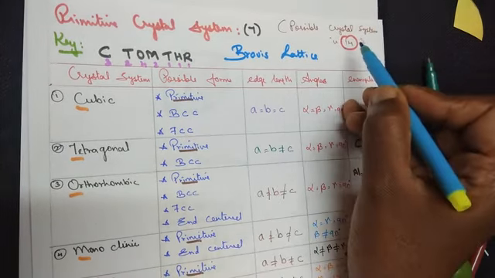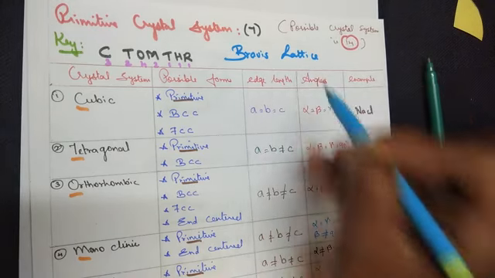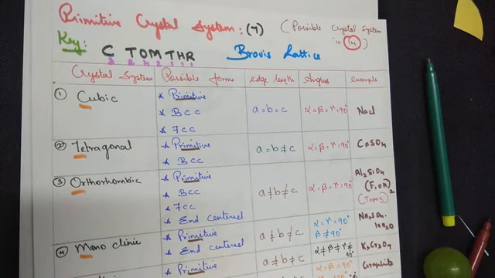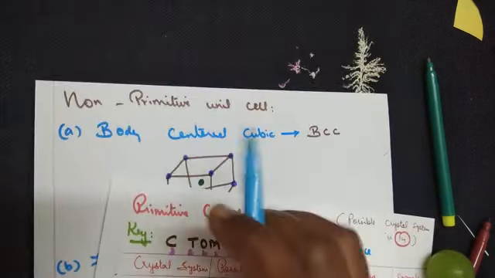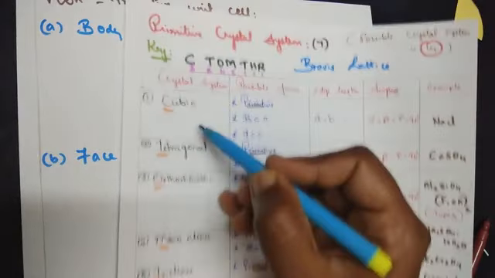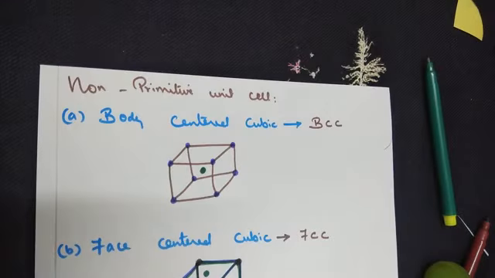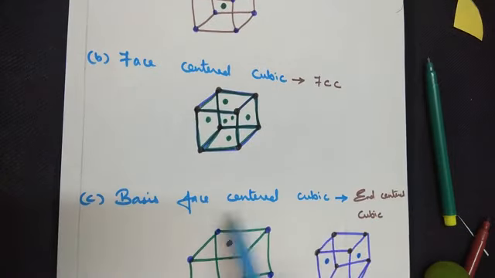The idea of these 14 possible crystal systems is given by the Bravais lattice. Bravais is the name of the scientist here. So if the question is asked to write a note on Bravais lattice, you have to include the types of non-primitive unit cell and primitive unit cell. Individually, if they ask you the types of primitive unit cell, write only the 7 types that you have learned. If they ask you only about the non-primitive types of unit cell, write BCC, FCC and the end-centered, basis face-centered unit cell.